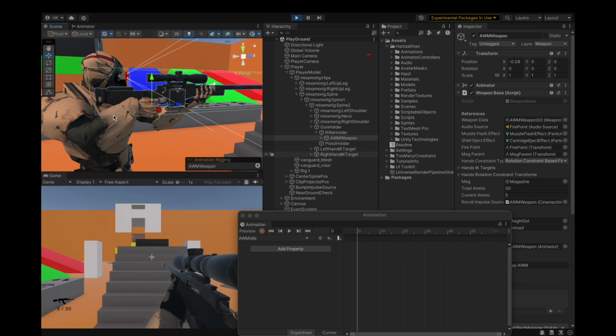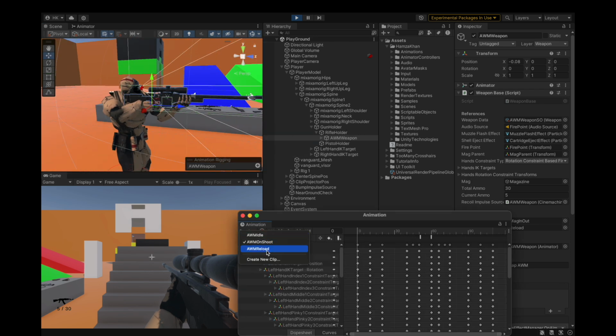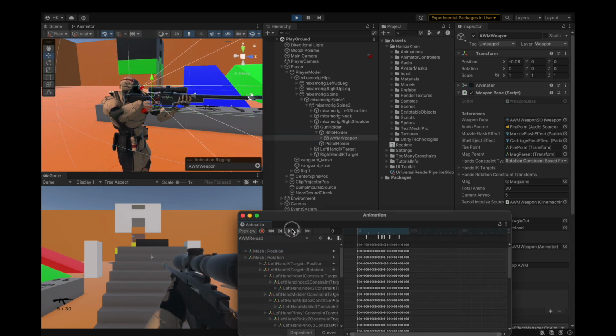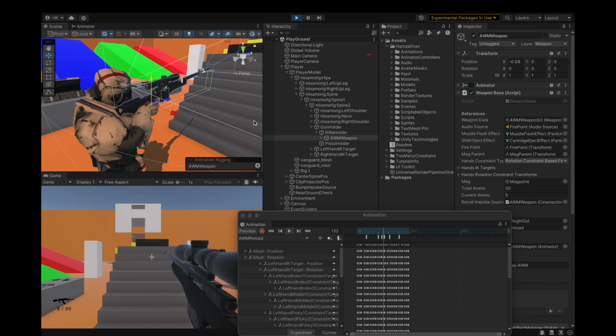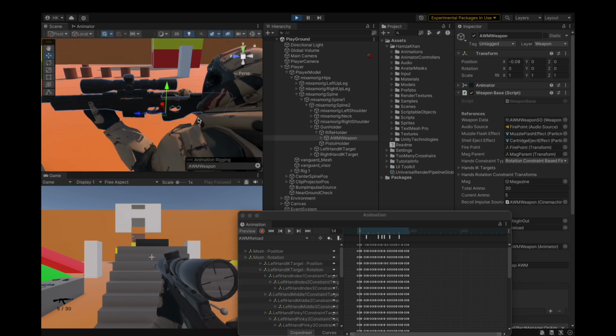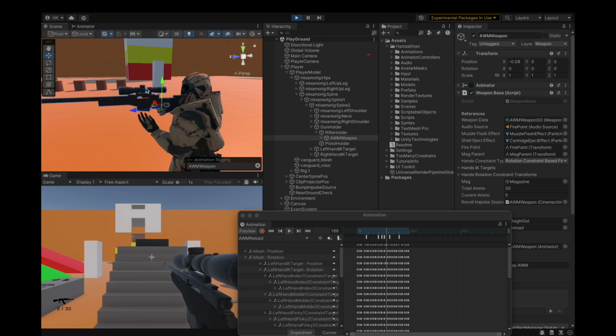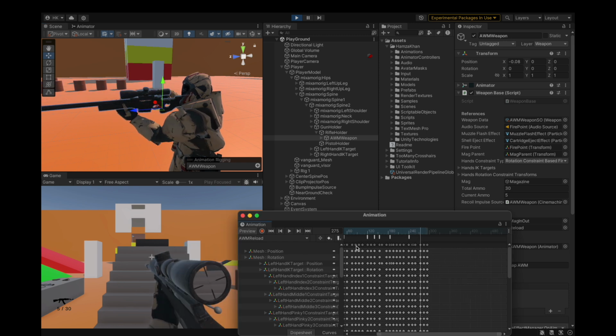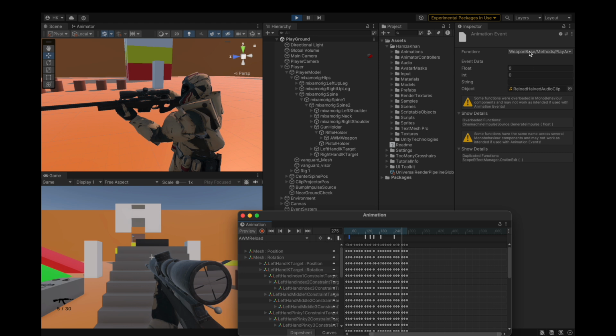And here I am with the reloading animation done. As you can see, we have OnShoot, we have reload. I duplicated the OnShoot because quite a lot of things were similar in there. If you focus, you can see that OnShoot is similar to reload. So I duplicated the OnShoot and renamed it to AWM reload, deleted the original one, and then assigned it